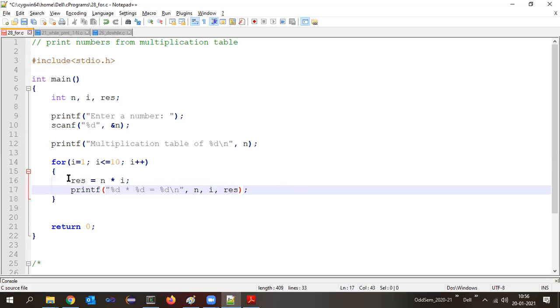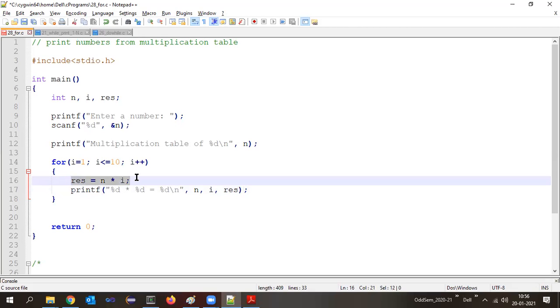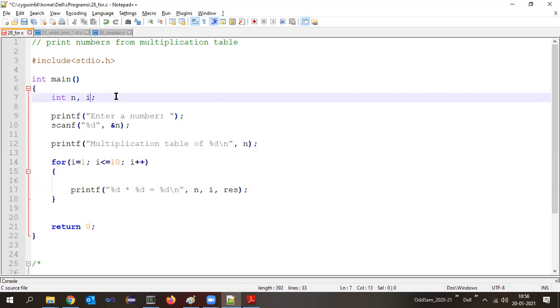Now, I can skip writing this particular statement. I can remove this one, and I don't require this res variable. Directly in this place, I can write N into I. So whatever value gets calculated, the result will be substituted at this percentage d.